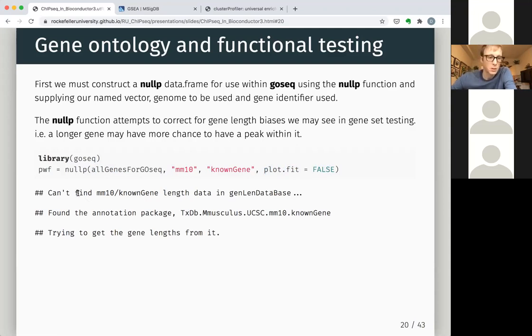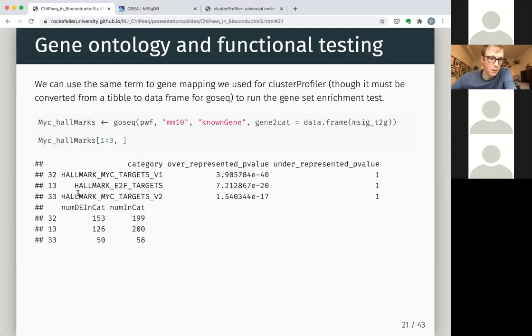So you run this function, you get your null p object, and this is what's going to be used for GoSeq. The GoSeq function takes that output, and then the gene2cat category is essentially the same as the term to gene argument that we used for the enricher function from Cluster Profiler. It just needs a data frame. A tibble I realized won't work, and so you just need to convert this tibble that you got from the MSigDBR package to a data frame,